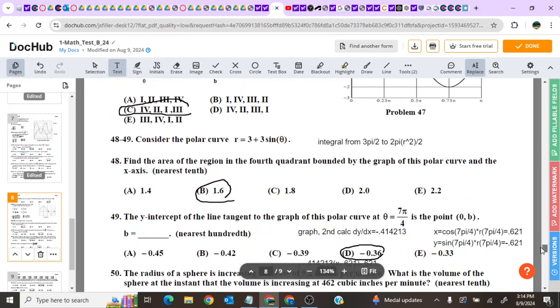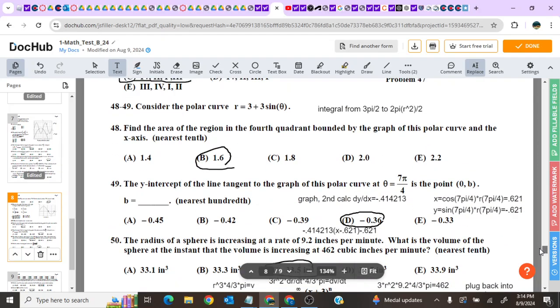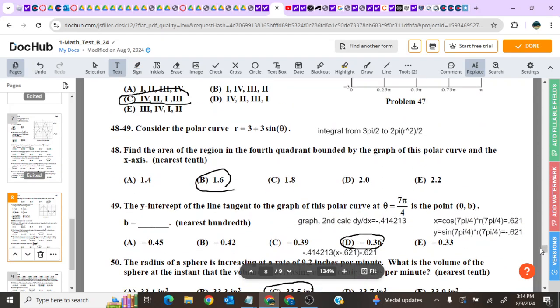Consider this polar curve. Find the area of the region in the fourth quadrant, bounded by the graph of this polar curve and the x-axis. Well, because of the way this equation is written, r will always be greater than or equal to 0. Therefore, we know that the fourth quadrant is always going to be from 3 pi over 2 to 2 pi